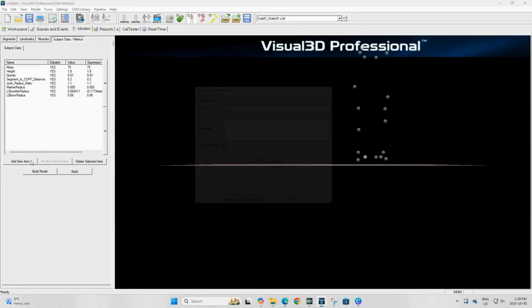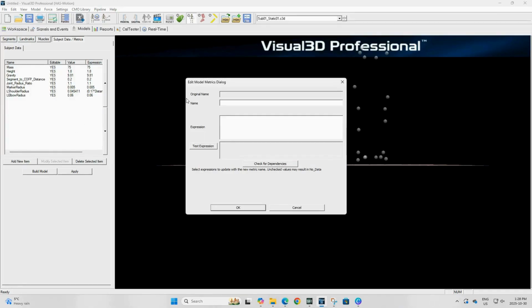Next, we'll create a value for the left wrist radius and define it as 0.5 times the distance between the 2 left wrist markers minus the marker radius. Mirror this value for the right wrist using the right wrist markers.